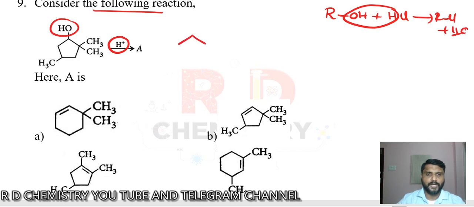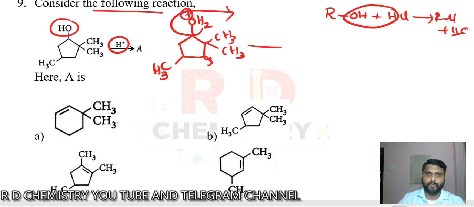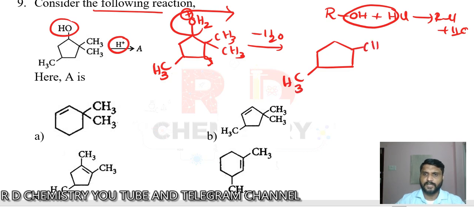When you protonate that one, there is no effect on the CH3 groups. So there are two CH3 groups, correct? Now when you protonate this one, we get a water molecule, so water is positively charged. So dehydration takes place, the water molecule is removed, and we get a carbocation derivative. There is a CH3 here, no change, and here a CH3, and here a CH3, and this is a positively charged carbocation. This carbocation is a secondary carbocation. If there is a possibility of shifting either a hydride or the methyl group to form a tertiary one, tertiary is the